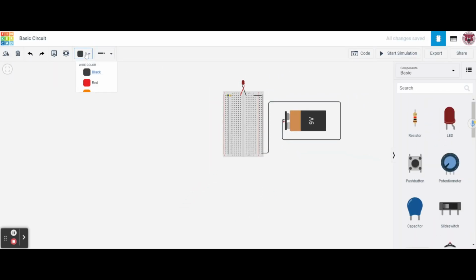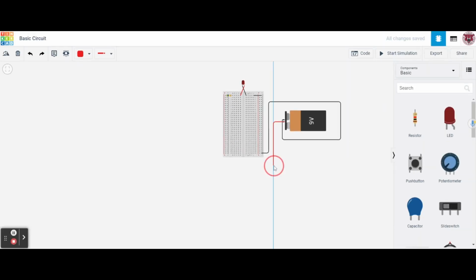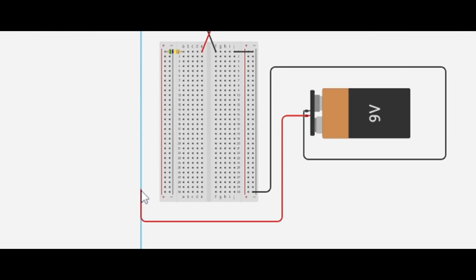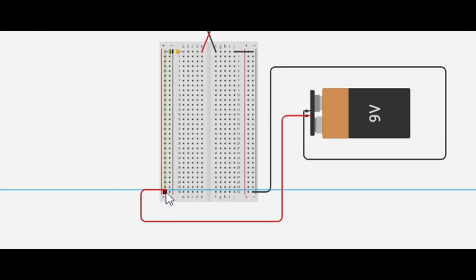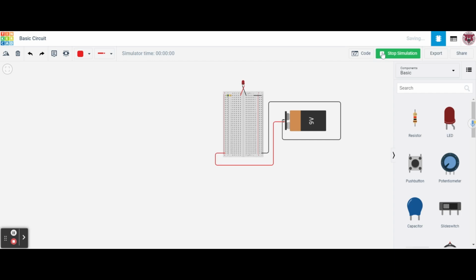I click off that. Now I'm going to go over here to my red wire, and now I'm going to connect to my positive terminal. So make sure that you have your positive terminal selected. And so now I'm going to bring this down. Let me bring it over here first so that way it's clear. And I'm going to bring it all the way over to my positive line on this side. Okay. Now once I have this in place, now when I hit start simulation, it should show me, okay, you